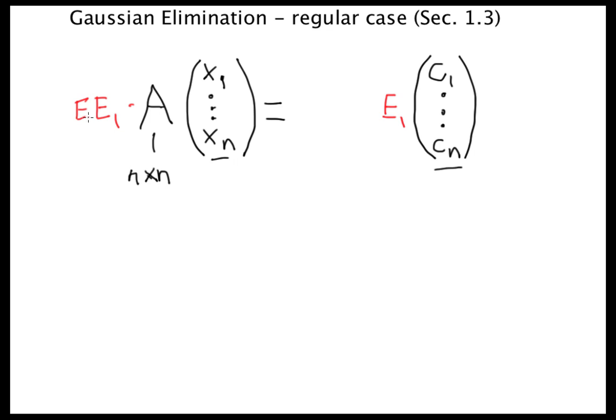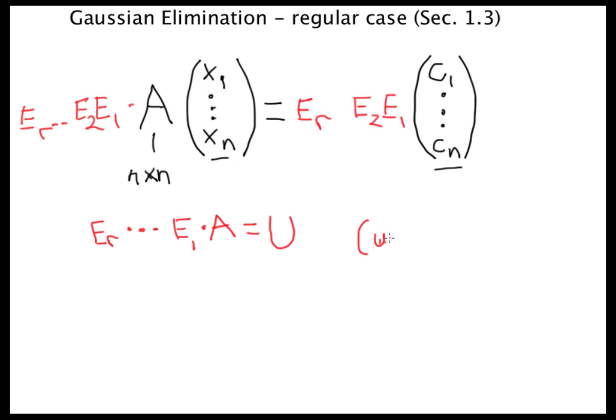And then you do it again, and you do this repeatedly, and after you've done this some number of times, if you're lucky, this product, ER times E1 times A,